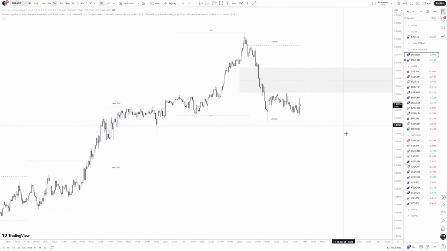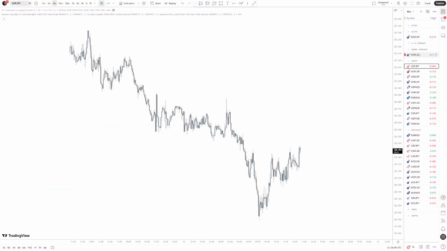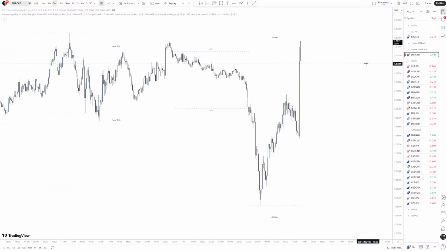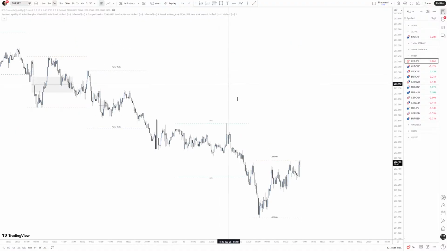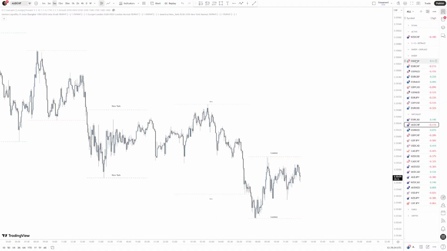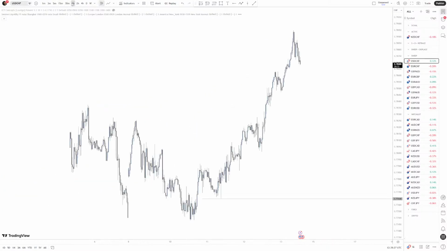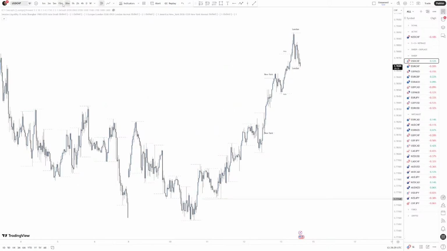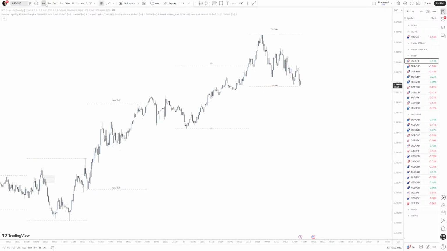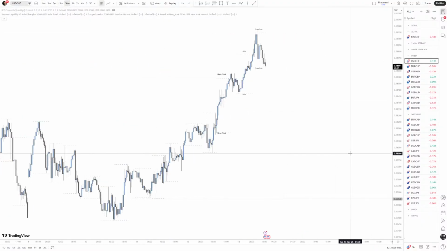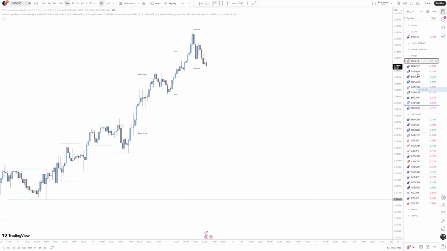Good. Euro NZD. Okay, we swept the high. Oh, no, we didn't. We swept the lows only. We haven't had a sweep. So, watch list. Euro CAD. Watch list that again. Swiss franc JPY. I think we're going to leave that alone. Same here. This one looks solid. I don't see a clean displacement though. So I'm going to keep that in sweep.